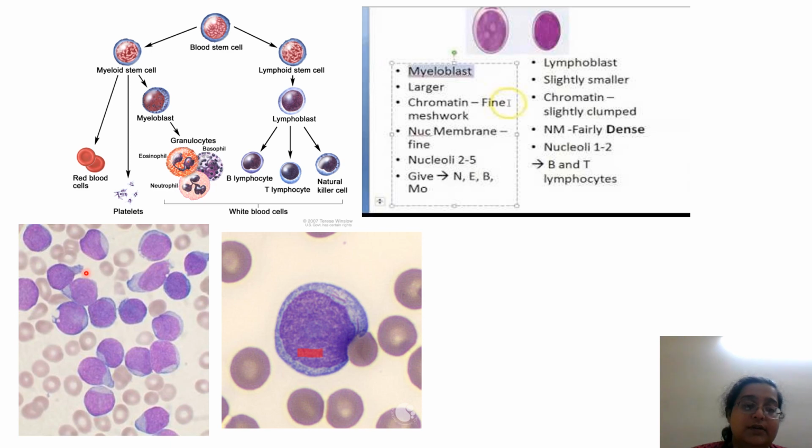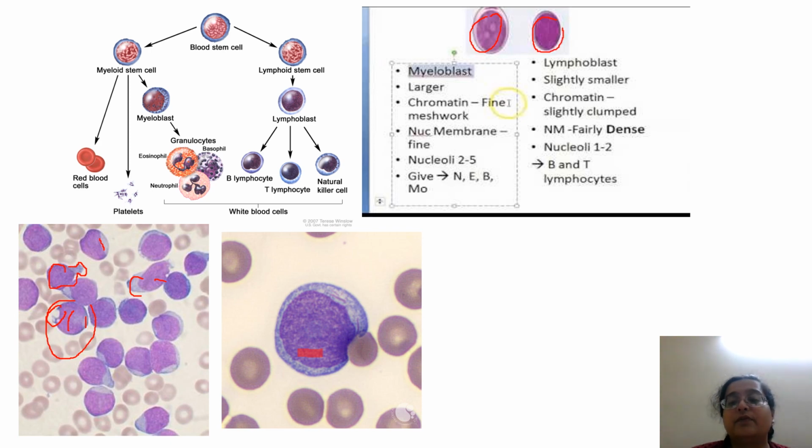Compare this cell with, say, this cell. Over here, what you see is a large cell with high NC ratio, very scant cytoplasm, little opened up chromatin, and cytoplasmic vacuoles. This looks like a hand mirror that old queens used to keep. Again, very scant cytoplasm and cytoplasmic vacuole. Even though the nucleoli are not very conspicuous here, mostly you get 2 to 3, as over here. You can see 2 nucleoli. Here you see nothing but dense chromatin, sometimes one very small nucleolus.